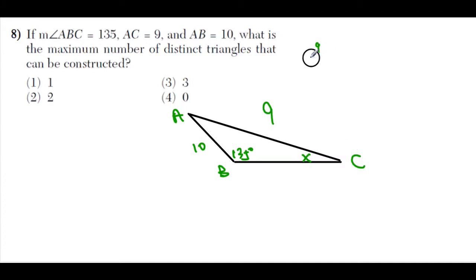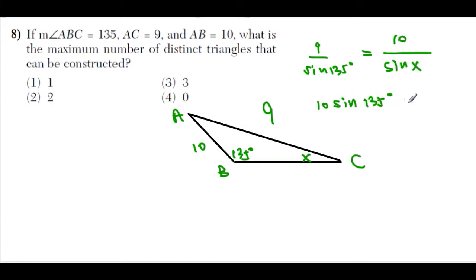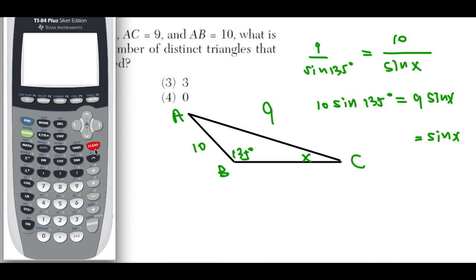So here we get 9 over sine of 135 is equal to 10 over sine of x. When you cross multiply, then we get 10 sine of 135 is equal to 9 sine of x. So sine of x would have been this one divided by 9. So let us try to do that here. 10 times sine of 135, and making sure that it is on the degree mode. That's good. Alright, and then we're going to divide that by 9. So we get that value,